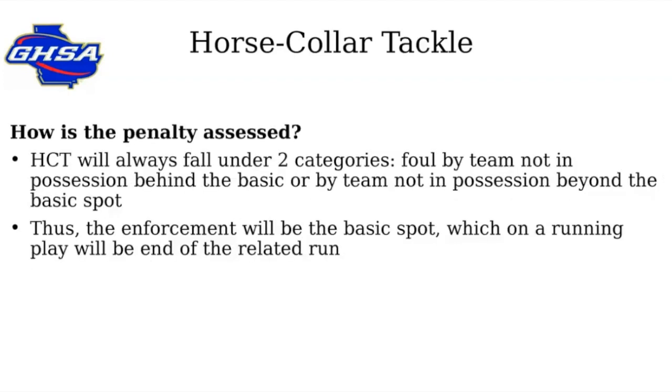So penalty wise, the horse collar tackle is always going to fall under two categories. It's either going to be a foul by the team not in possession behind the basic spot, or by the team not in possession beyond the basic spot. So we won't use all but one principle because it's always going to be by a team not in possession. Thus, the enforcement is always going to be the basic spot, which on a running play,